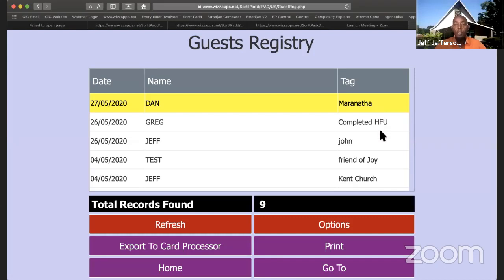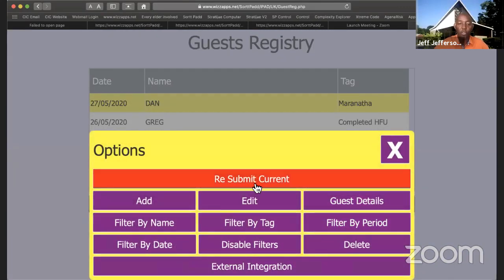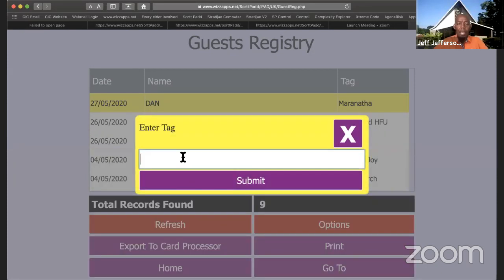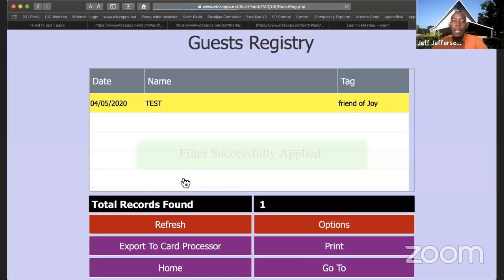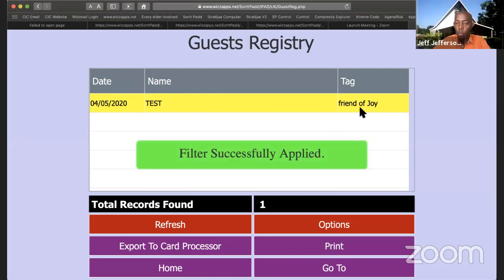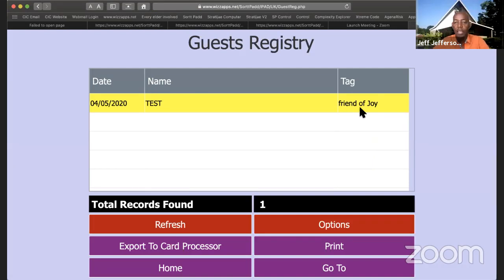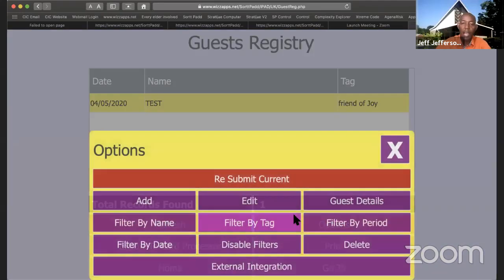In this case, for example, we want to find out how many persons have been registered or invited by Joy. Joy is a member of my church. All I will do is go to filter by tag and I will enter Joy's name and I will submit, and the application will find everybody who is tagged to Joy so that I can call Joy and say I have these 8 persons who were invited by you and I would like for you to participate in reaching out to them for Christ or whatever it is. So you have those options